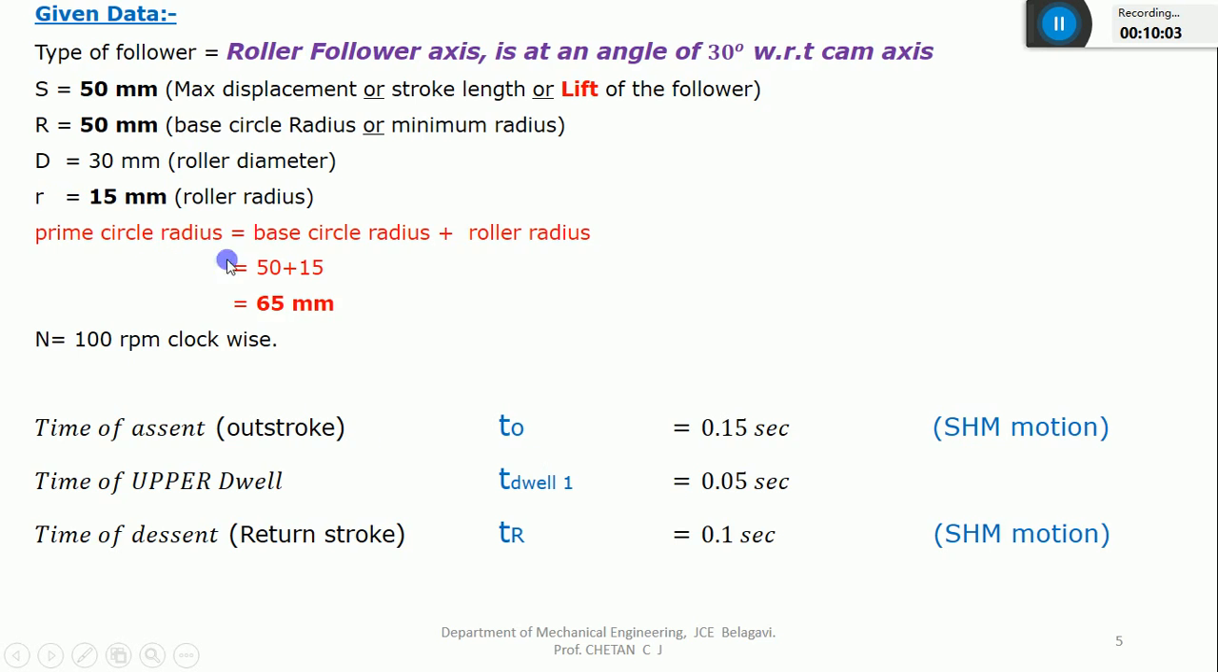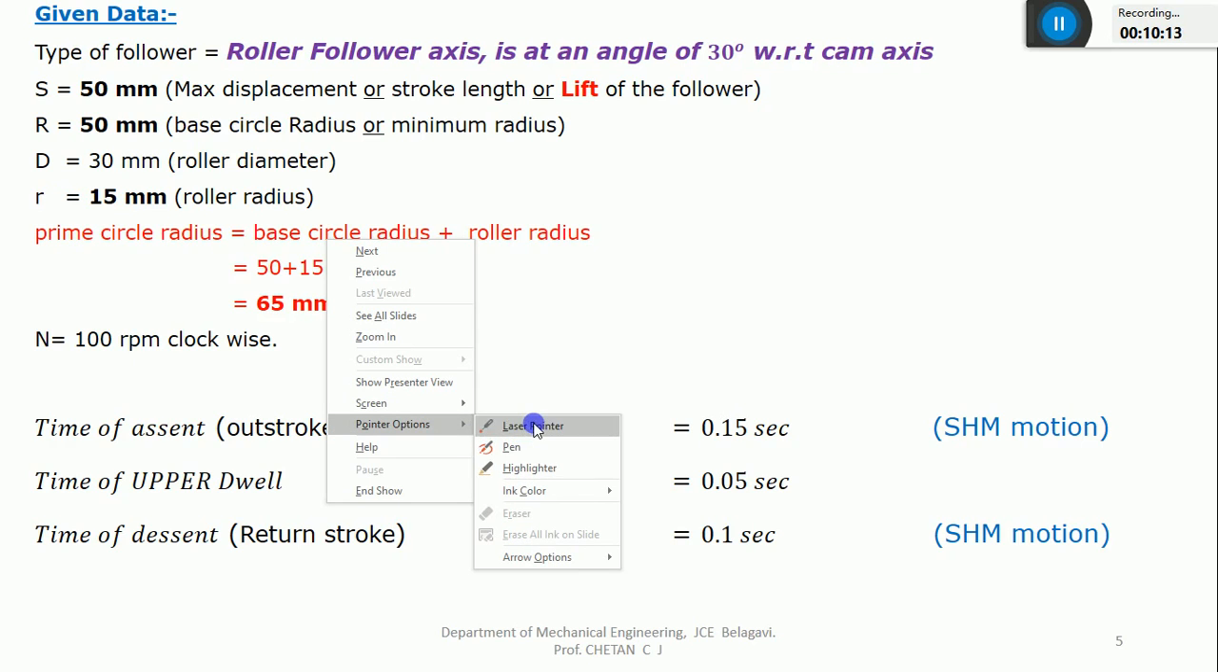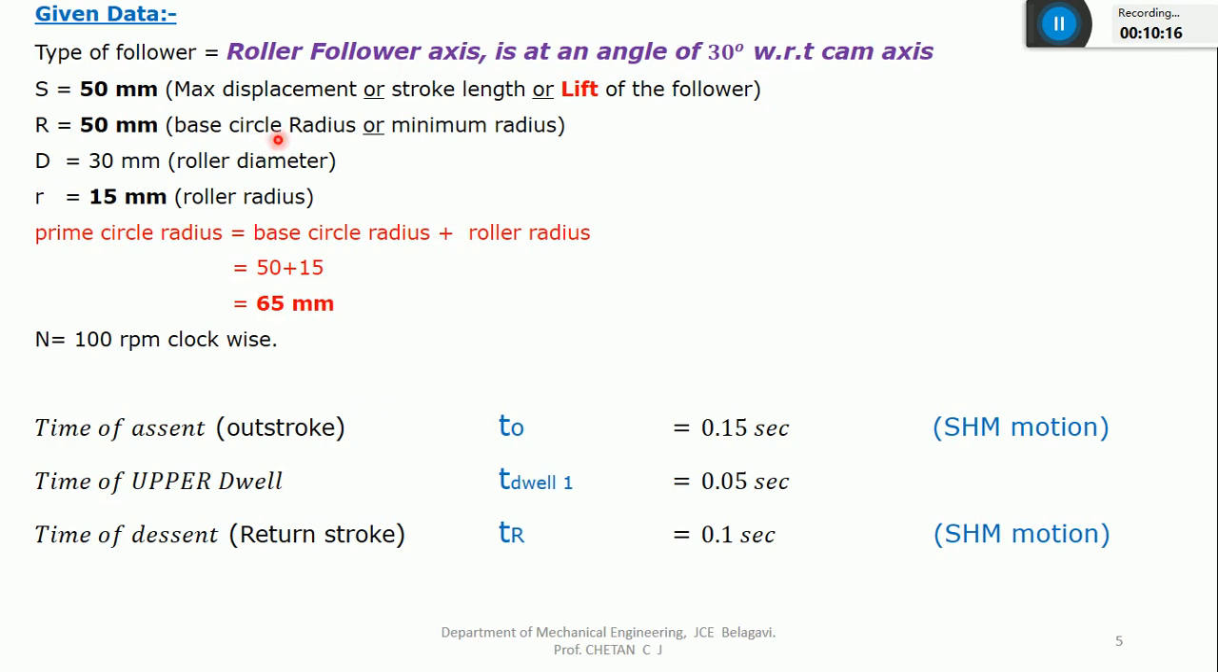And after that, whenever the type of follower is a roller follower, there is one more circle, that is the prime circle. So you can see this comes into the picture, that is the prime circle radius. So this will become the reference. Instead of the base circle, you need to consider this one. Okay. So the prime circle radius is nothing but the summation of base circle radius and roller radius. Just take the summation, that is 50 mm base circle radius, and the roller radius is 15 mm. Okay, it means the prime circle radius becomes 65 mm,